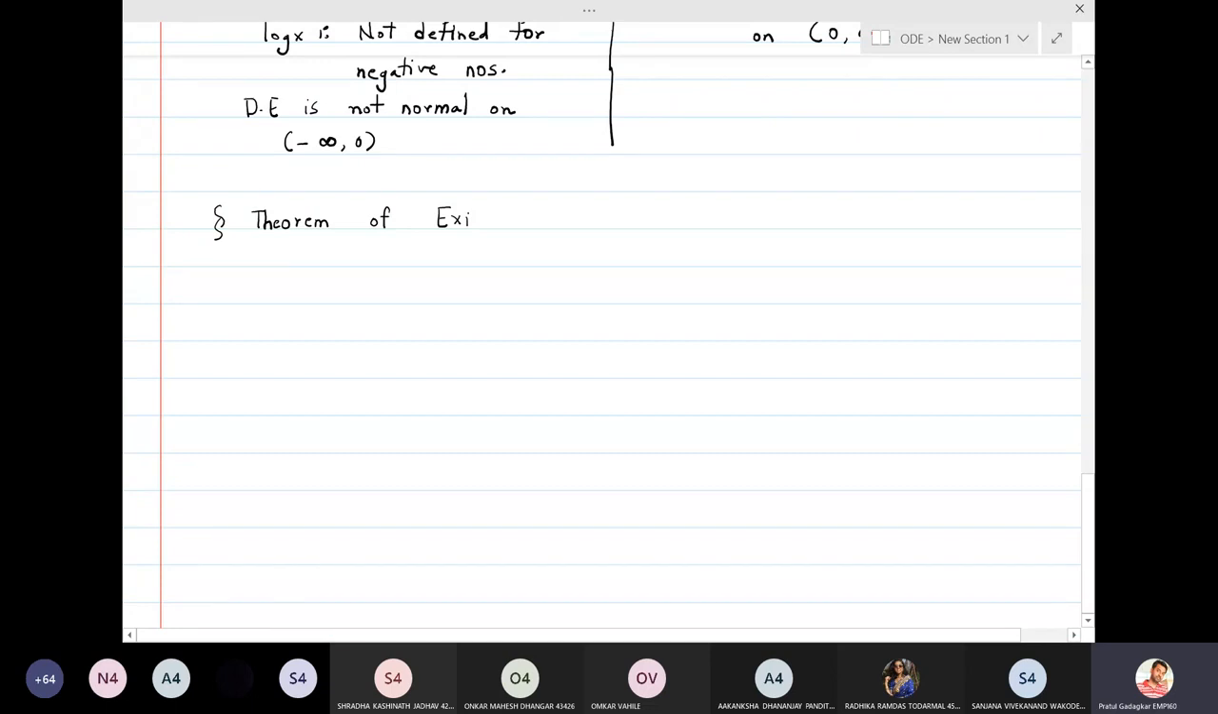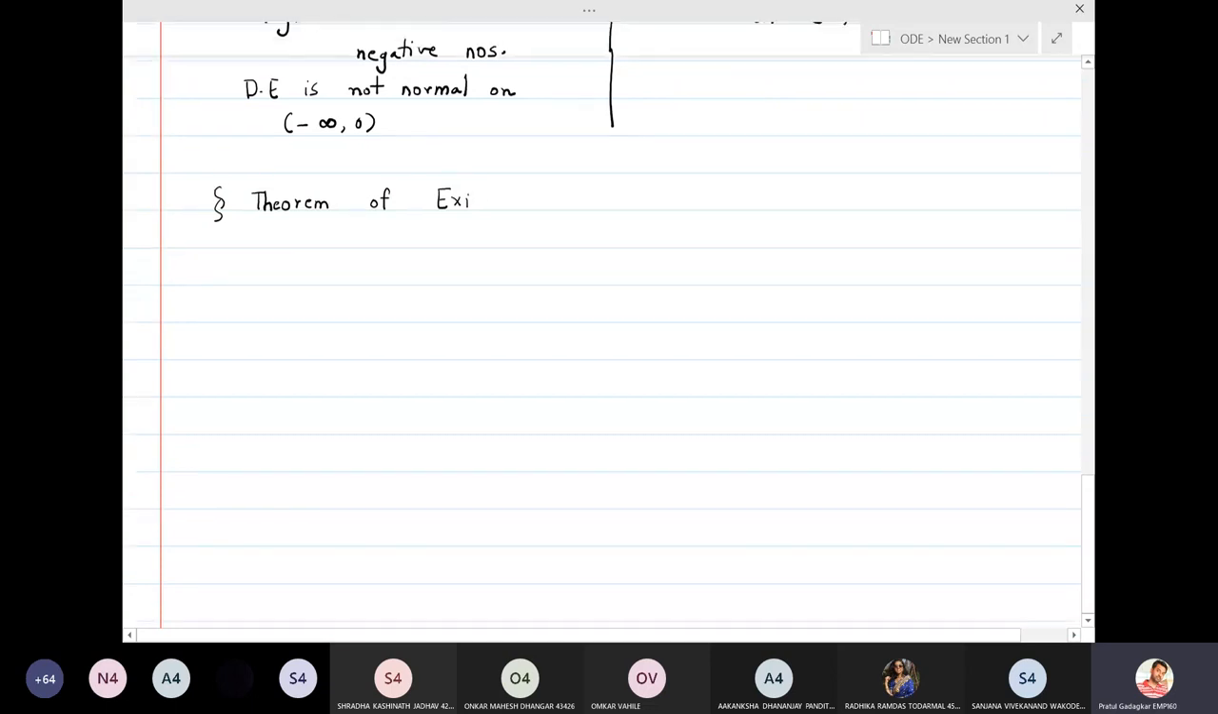So let us write the theorem of existence and uniqueness. Now what we are going to do is take the same differential equation which is normal on some interval I. So let